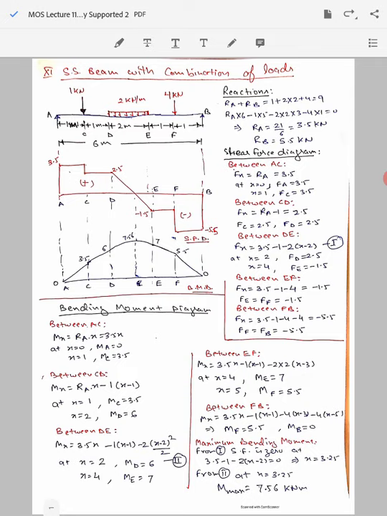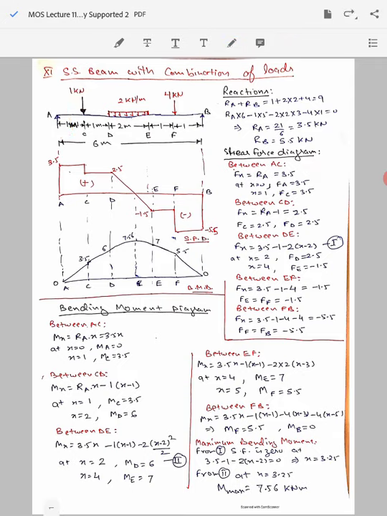So let's start here from the left hand side and assume the beam to be cut somewhere between A and C, and let's draw the free body diagram for the left hand portion of the beam. As the left hand portion encompasses only reaction force Ra, the net shear force acting will be equal to Ra. So Fx will be equal to Ra for this span, which is 3.5 kilonewton, and as this is not dependent on x, for the entire span from A to C it is going to remain the same, so that's why FA and FC both will be equal to 3.5.